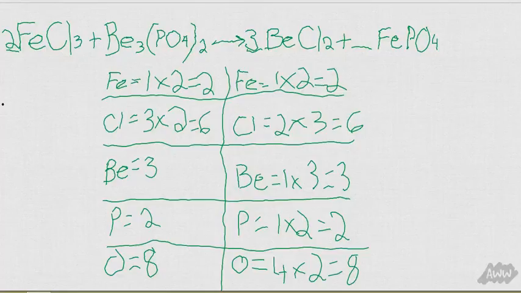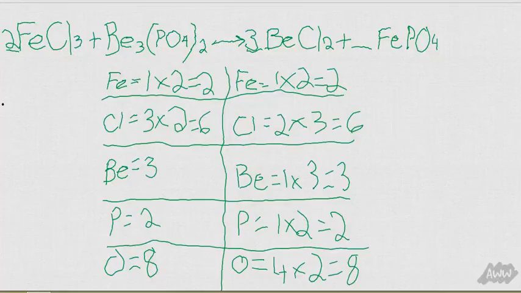Okay, so we skipped ahead, and we had to make the chlorine 6. On the reactant side, the first coefficient, we made 3. So 2 times 3 is 6, and the chlorine is balanced. But then we times the beryllium by 3, which makes it 1 times 3 is 3, and that equals the original side. Then we have to go down to the phosphorus